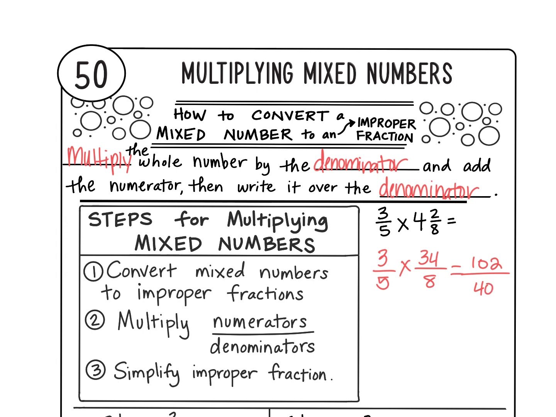Because it's improper, I need to simplify it back to a mixed number. So I've got to figure out how many times 40 goes into 102. So it's just a division problem. 40 goes into 102 twice, which is 80. And then you have,